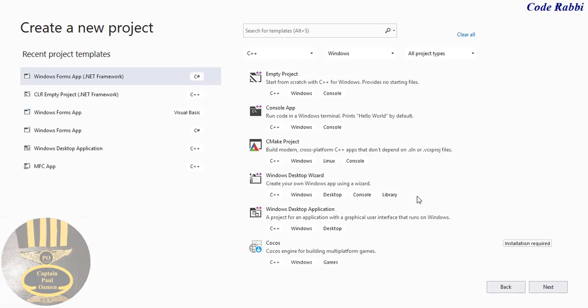Hi, this is Code Rabbi here. I'm just going to show you guys how to create a calculator in Visual Basic. This session is just for beginners, so I'm going to click on